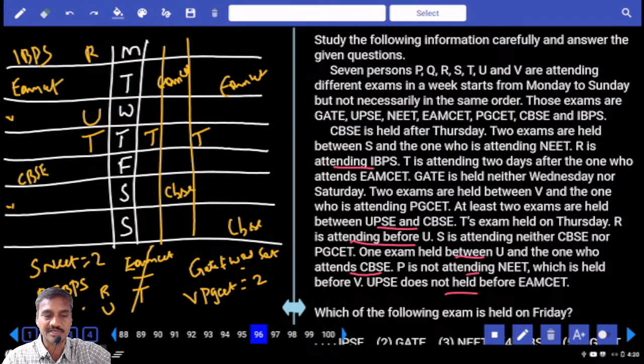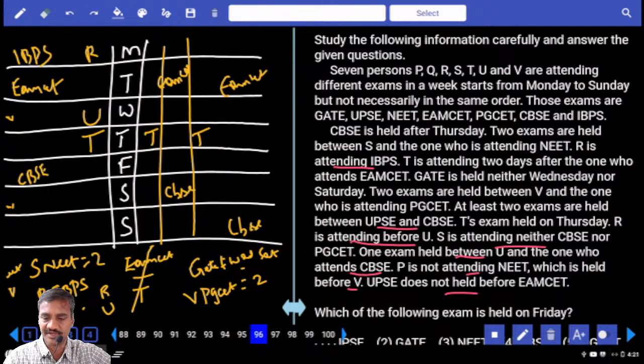And P is not attending NEET. And NEET is held before V. Now NEET is before V, and UPSC is not held before MSET. Then